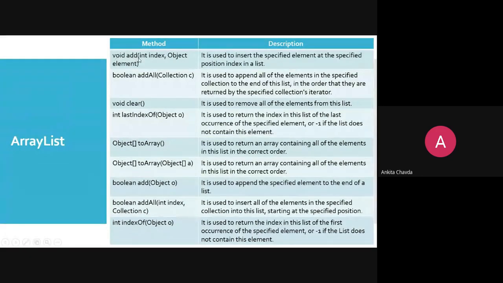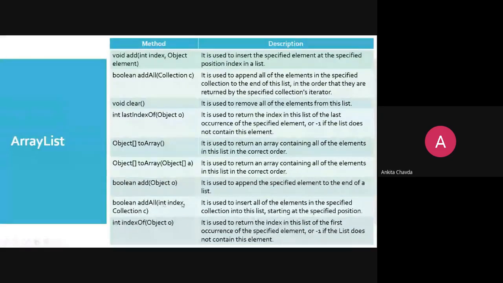With void, once you traverse, then and only then you get to know whether your element is added or not. But with boolean, it will return at a time whether it is added successfully or not.